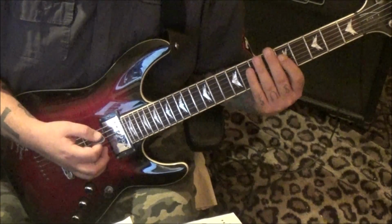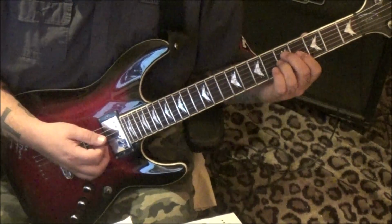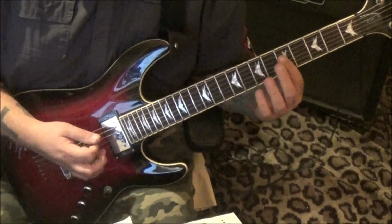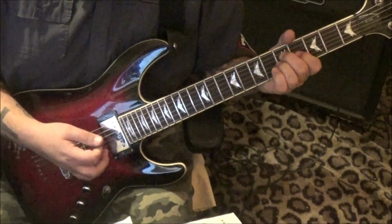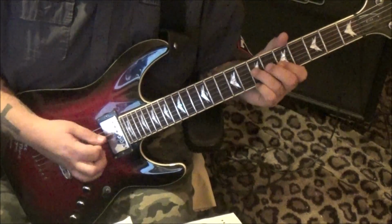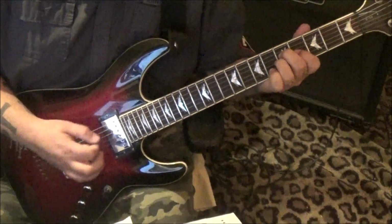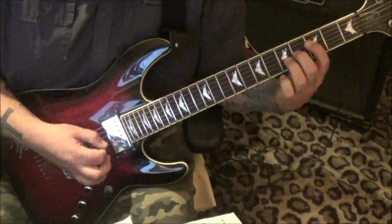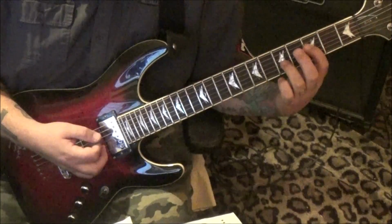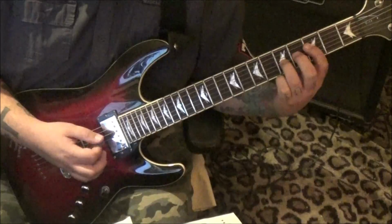And then 3 open A's palm muted. 5-4 DG to 5-5 twice. So that second half is whole part so far. 3D palm muted twice to 3-5 DG. Repeat it, but go to 3-4 DG. So it's